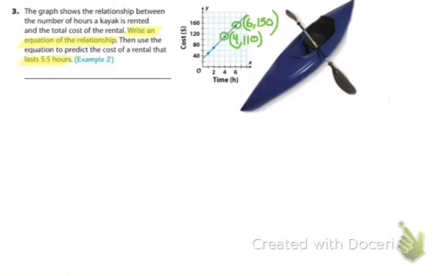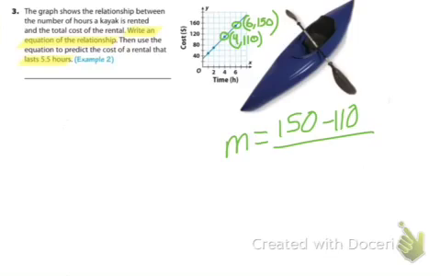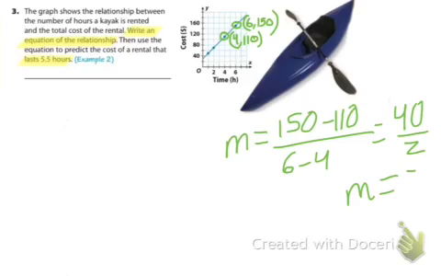So to find our slope, it is change in y over change in x. M equals 150 minus 110 over 6 minus 4. And so that is 40 over 2. So our slope, 40 divided by 2, slope is 20. So we know y equals 20x, and now we plug in